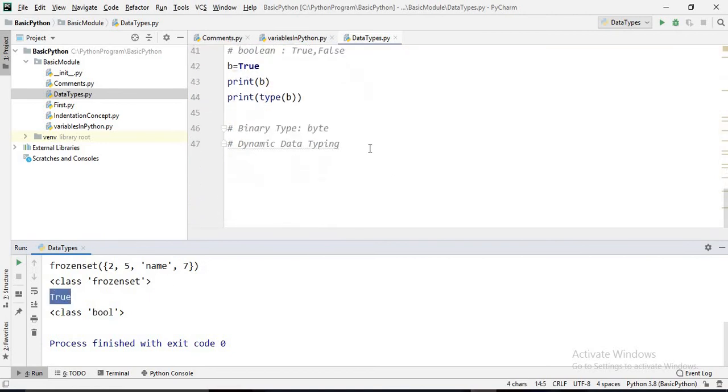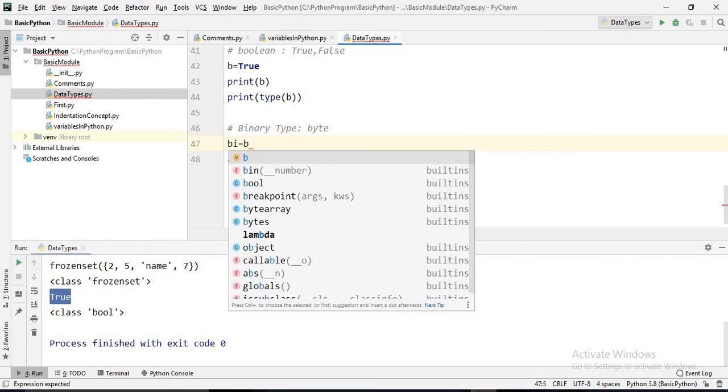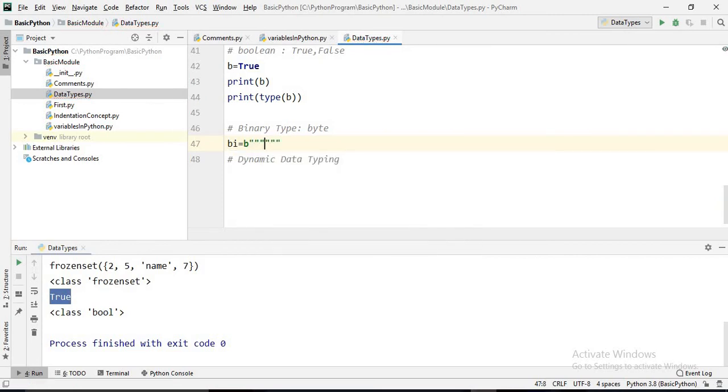And the last is byte. So how can we represent this one? Let's suppose binary, bi equals b and in double quotes, name. Let's suppose we want to represent the name, bds.